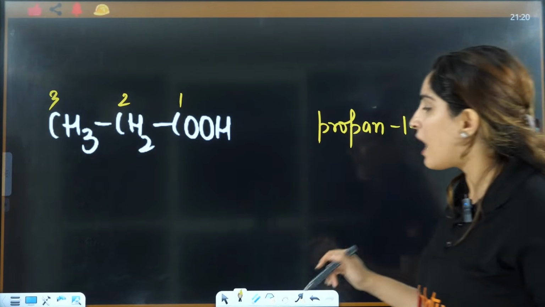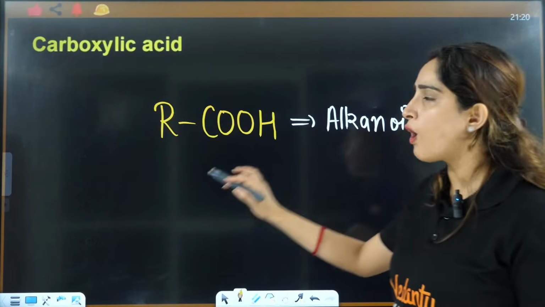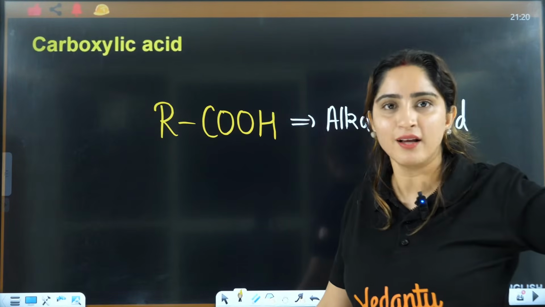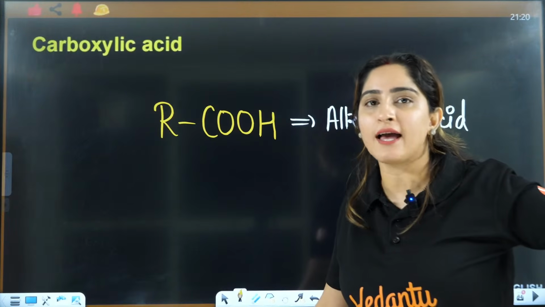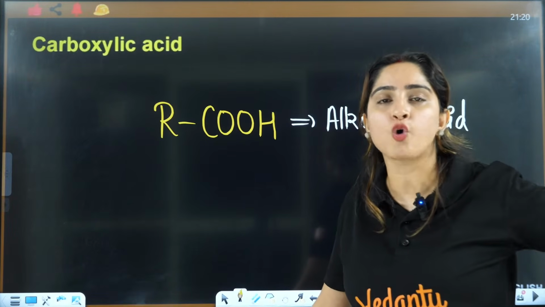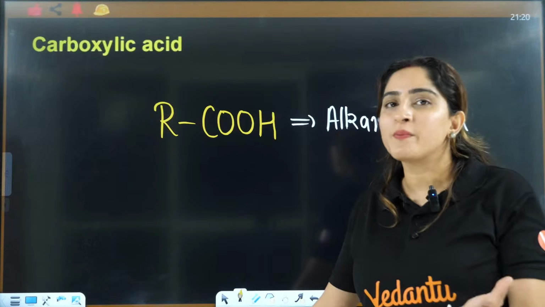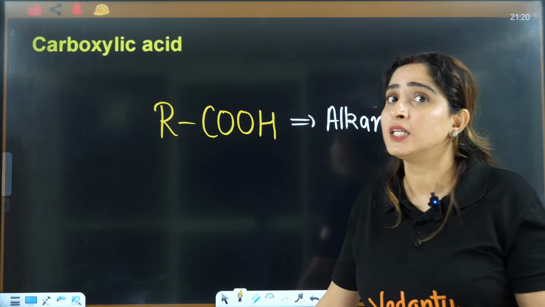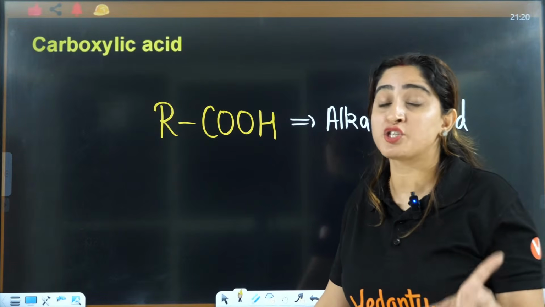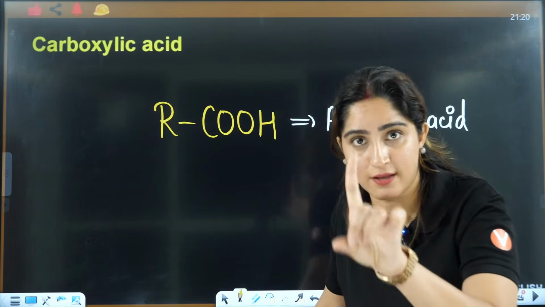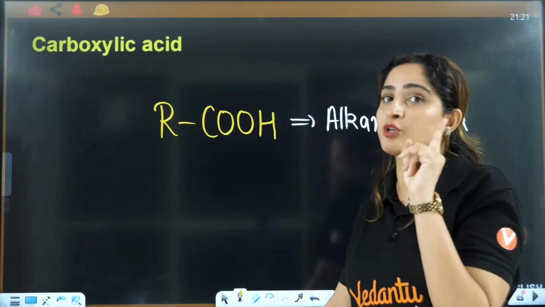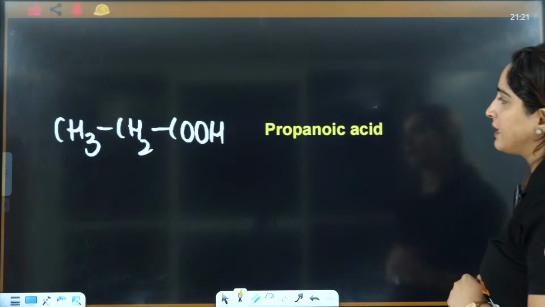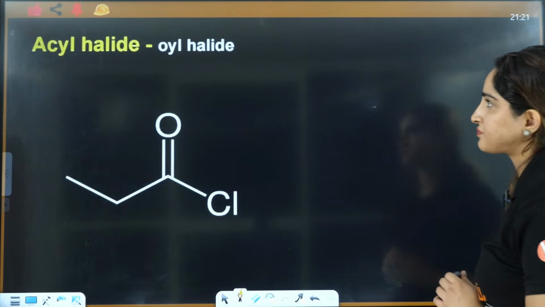Same. Now carboxylic acid is also always terminal. So it is always going to be 1 oic acid. There is no possibility that aldehyde and carboxylic acid will be on the non-terminal position if only one functional group is present. What I am saying, if only one functional group is present, right? Next is, this we have done.